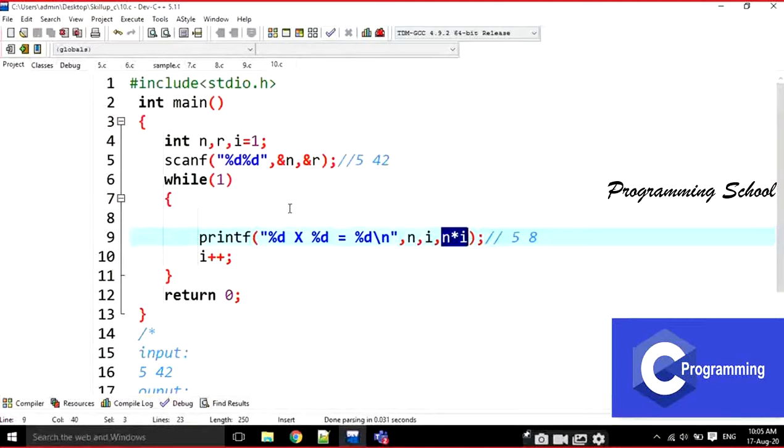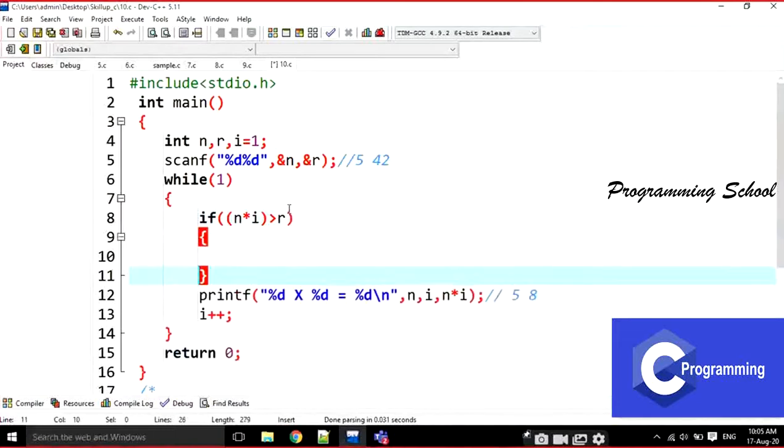That's why I am writing here: if n star i is greater than result, then I am going to stop this loop.